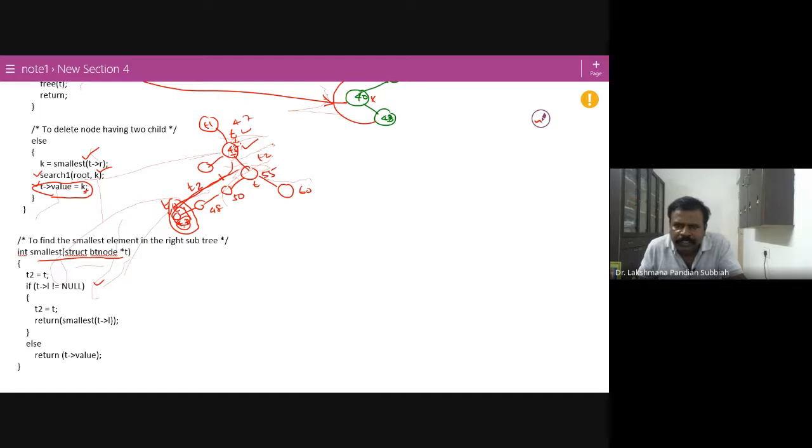So this 47 node is deleted. You take the data and the data is copied into here. Instead of that, 47 we are placing here. So instead of deleting that node, you are making the next node get deleted and you copied it here. Now it will maintain the binary search tree. That's all. Thank you.